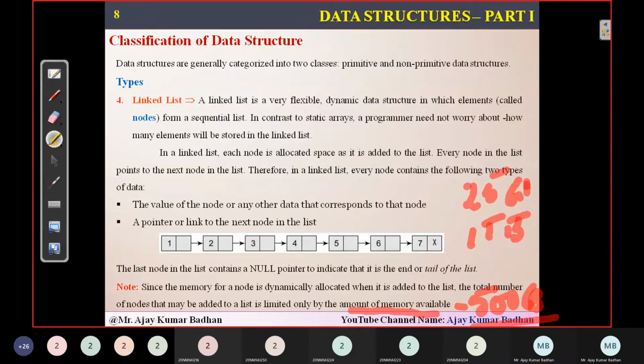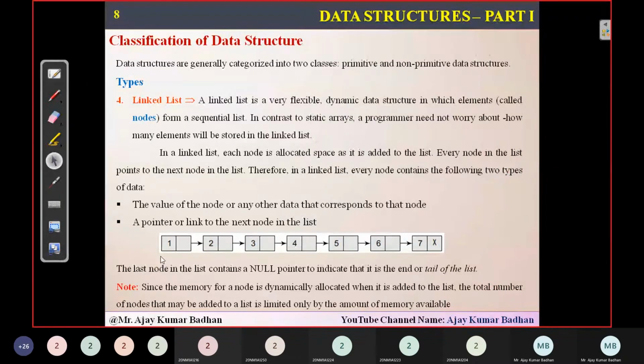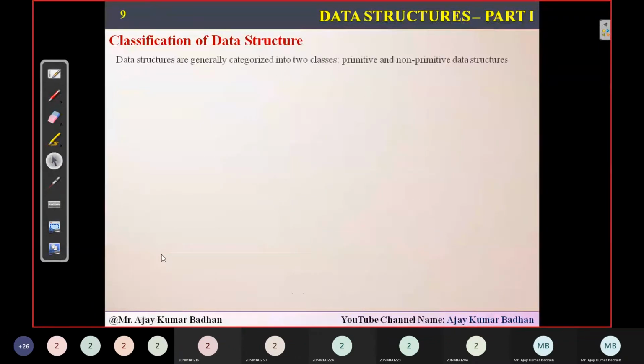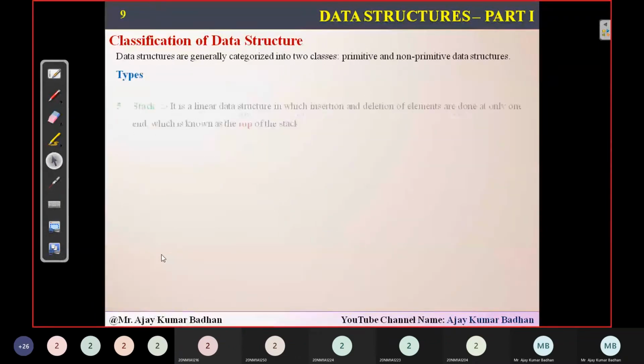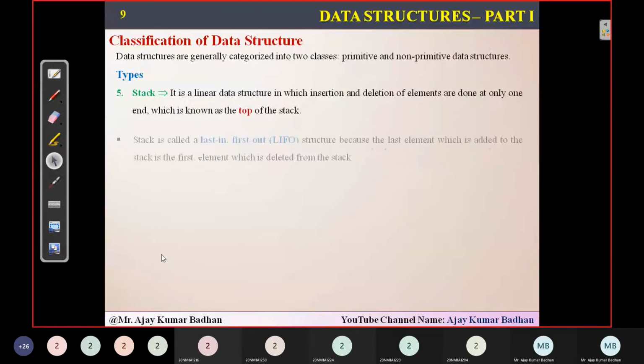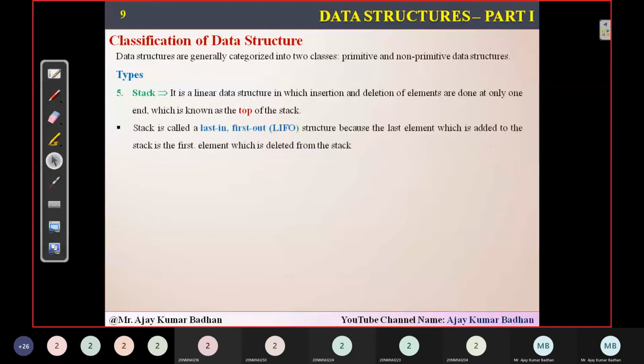And the next thing we have here is the classification of data structures. Coming to this classification, the second one we have is called stacks.